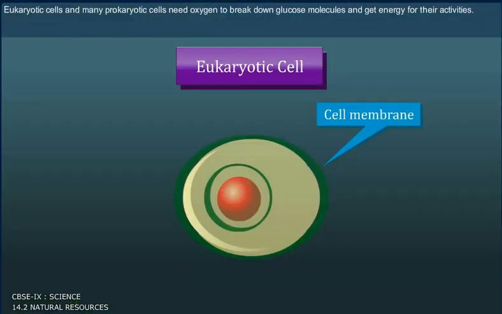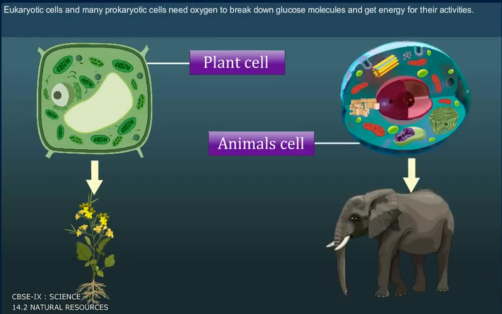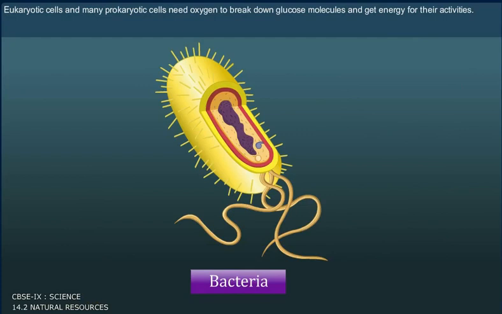Eukaryotic cells and many prokaryotic cells need oxygen to break down glucose molecules and get energy for their activities. This results in the production of carbon dioxide. Again, some human activities like burning fuels or forest fires consume oxygen and form carbon dioxide. Despite this, the percentage of carbon dioxide in our atmosphere is a mere fraction of a percent because carbon dioxide